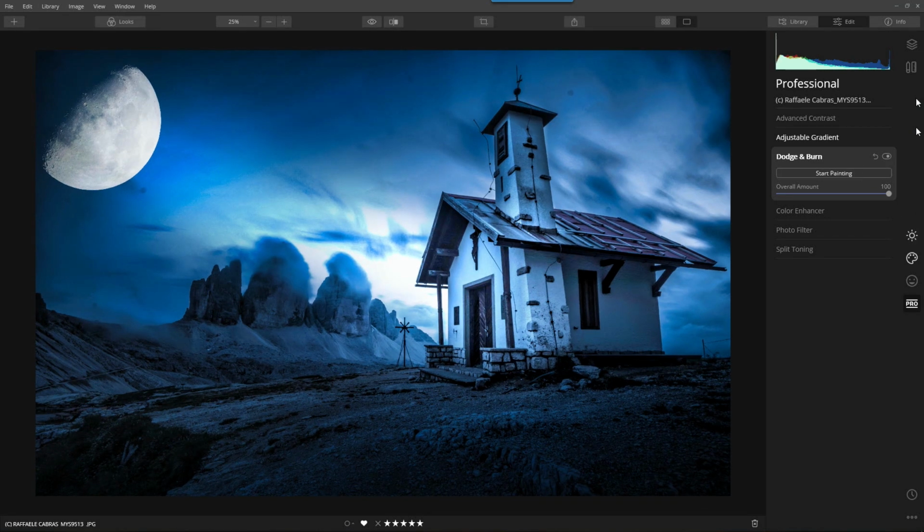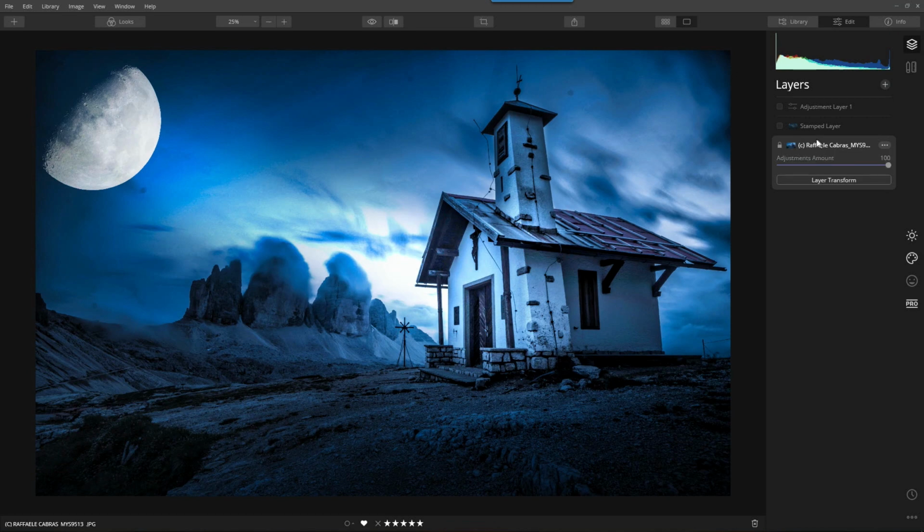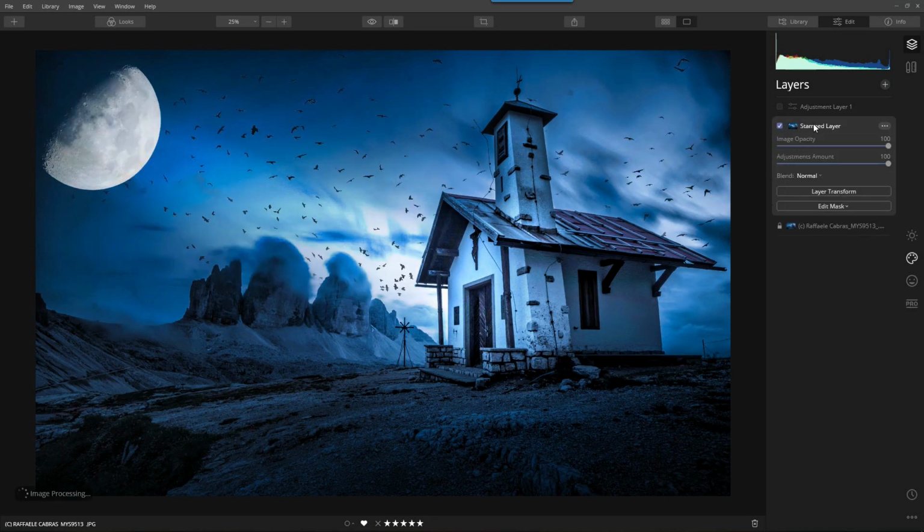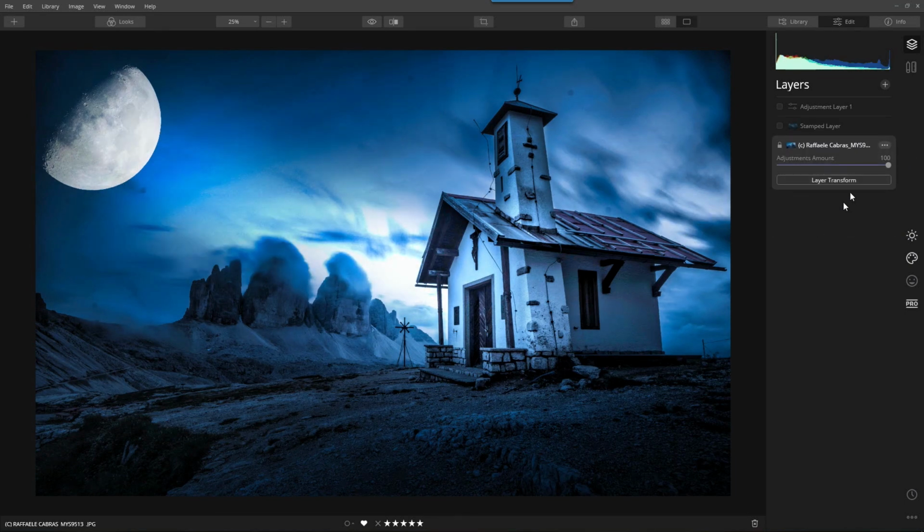Now, here's one of the issues. Because we created a stamp layer up on here, well, that effect just got destroyed. So I'm going to come back to this layer and just leave everything else intact. Let's create another stamp layer. I just won't select this layer up on top. And once it's selected,